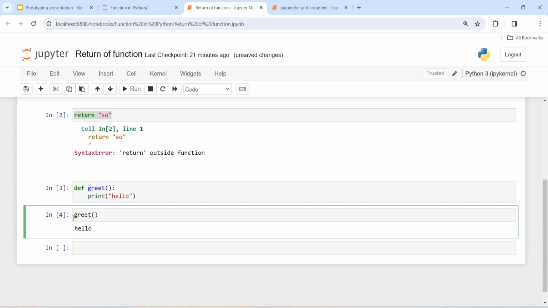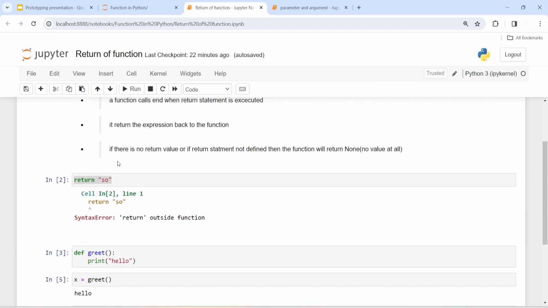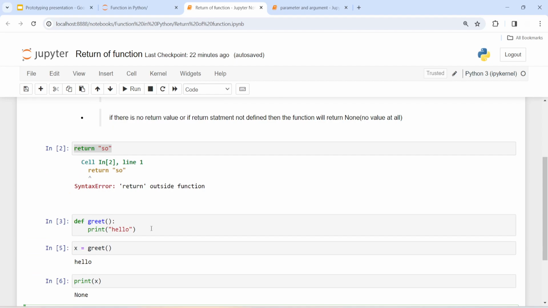If we assign this function to x, x is equal to grade. Now let's see what x is. Print x. It is actually None